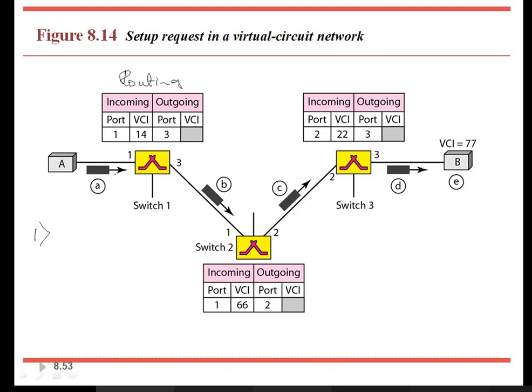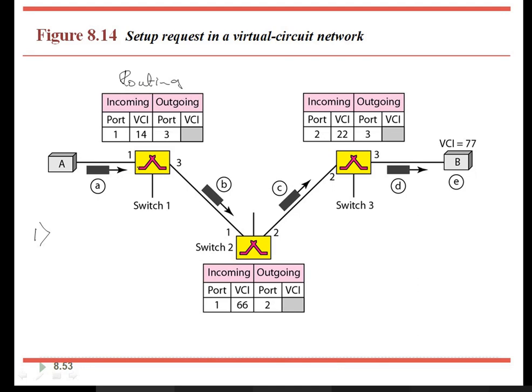It is a set of frames. It is a small message indicating a request to send the data from A to B. Okay, so now what is the switch going to do? Once it receives that request, you can see the sequence number is given. Once it receives message A, what happens?